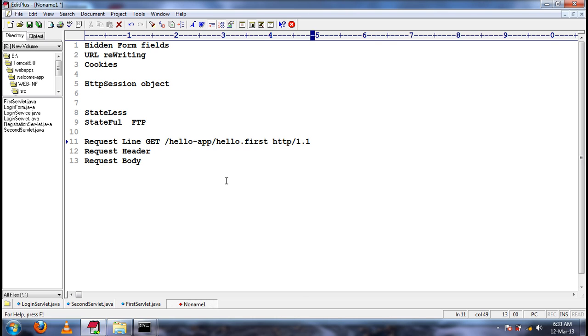The request header contains all the request header information, and the request body contains the body. If it is get, the body is empty. If it is post, the body contains the request parameters.